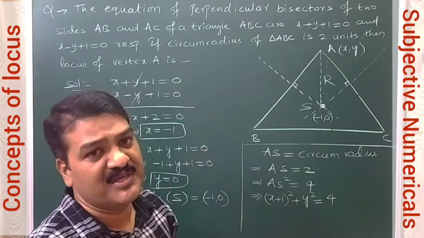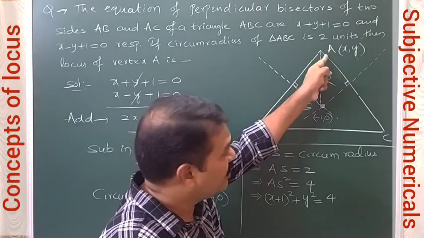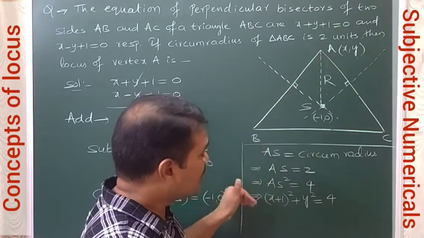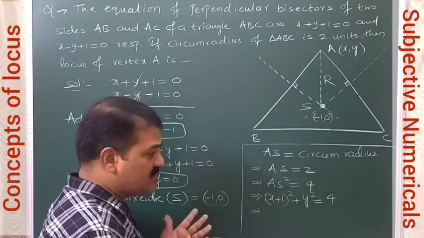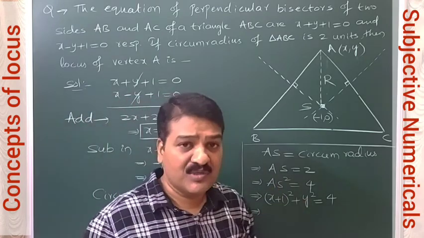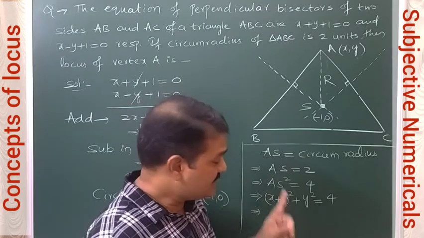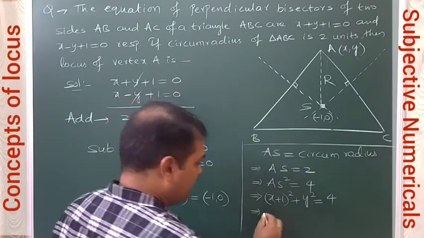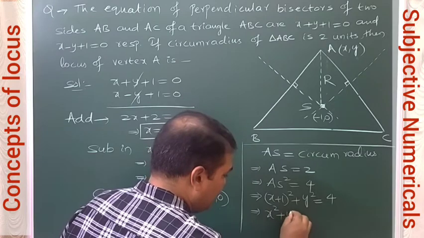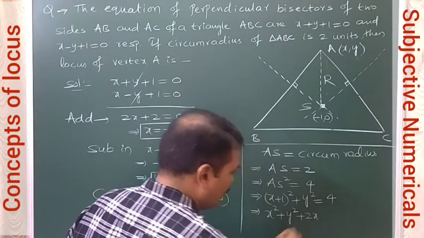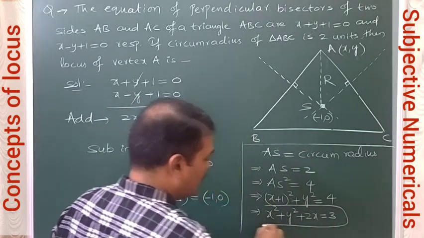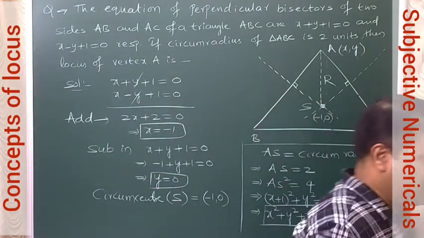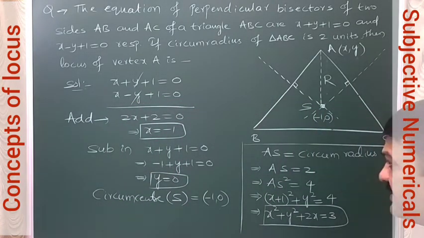So this is the equation of locus of the point A x comma y, that is locus of the vertex A x comma y. We can further simplify this. Without simplification, this represents actually the equation of a circle. This is standard equation of a circle. So if I simplify this, we will get x square plus y square plus 2x is equal to 3. So after simplification, we are going to get like this. So generally this locus geometrically represents a circle. Okay, so let us go to next problem now.